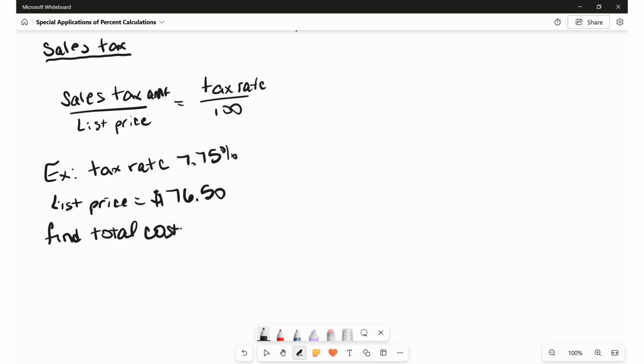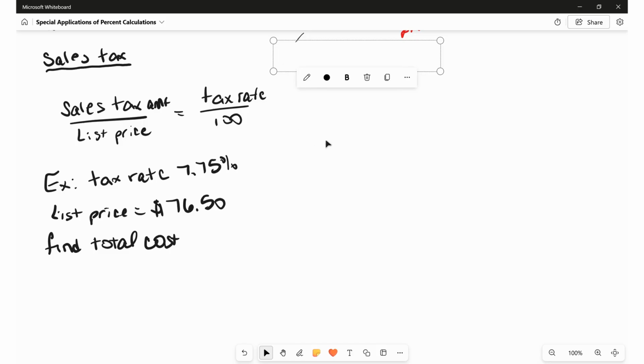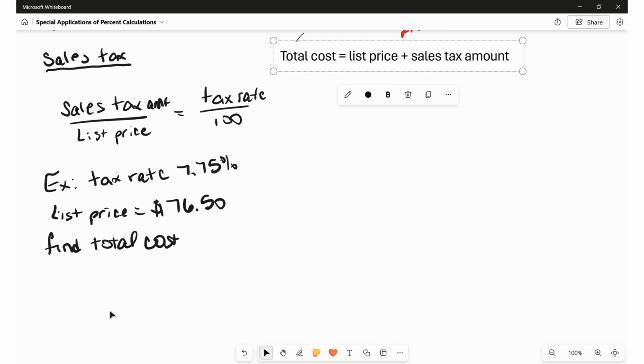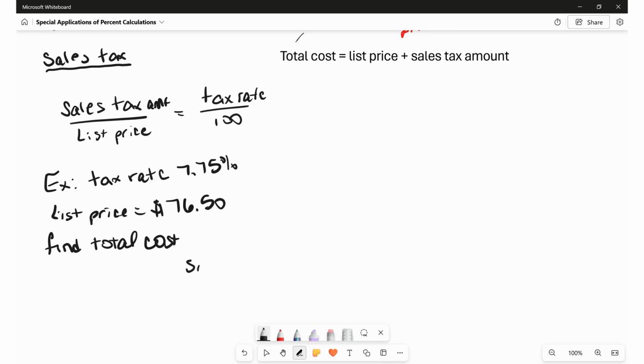Now, with sales tax, this is where we need to think a little bit about what's happening here. Because when we are adding tax, the total cost is equal to the list price plus the sales tax amount. So again, we're going to look at two ways of doing this. The first way is using total cost equals list price plus sales tax amount. The first thing we need to do is find the sales tax amount,